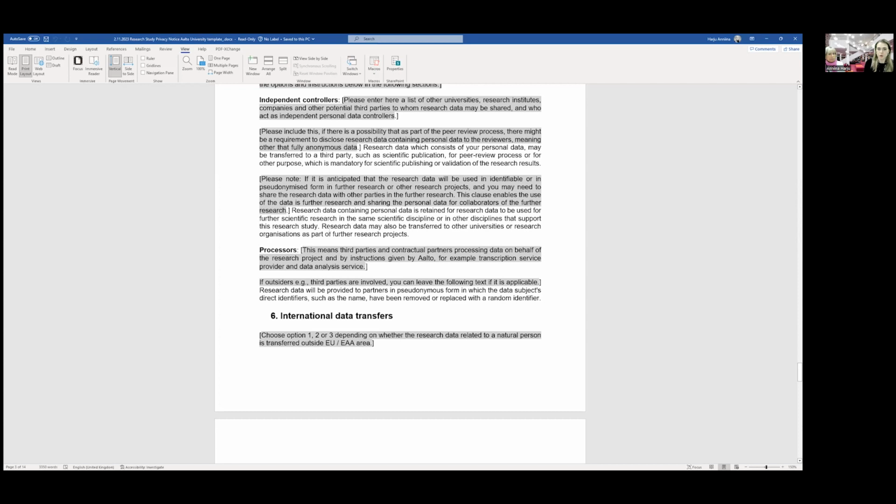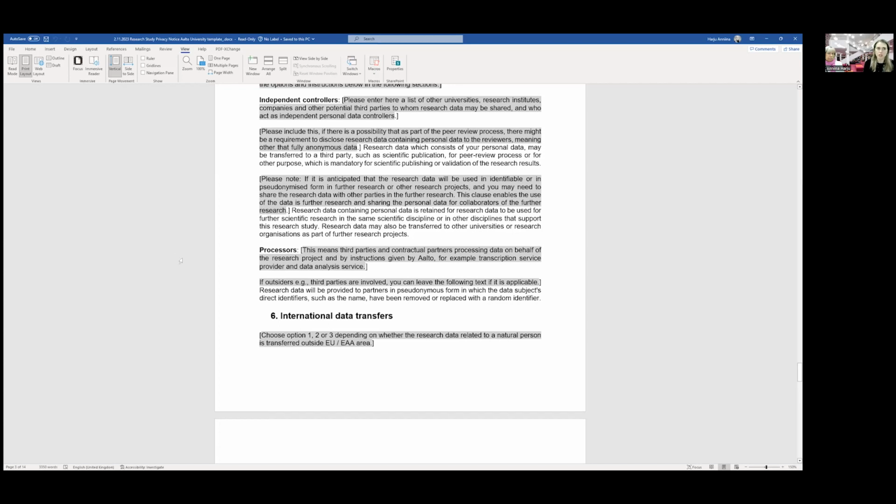Then the personal data processors. So this role is slightly different. This mostly applies to different, for example, service providers. So if you use some external service providers to help with your data, for example, the most common example is the transcription service. And if you're not really sure yet if you're going to use an external transcription service provider, we recommend that you would include this clause anyway to mention that we may use third-party service providers in transcribing personal data,